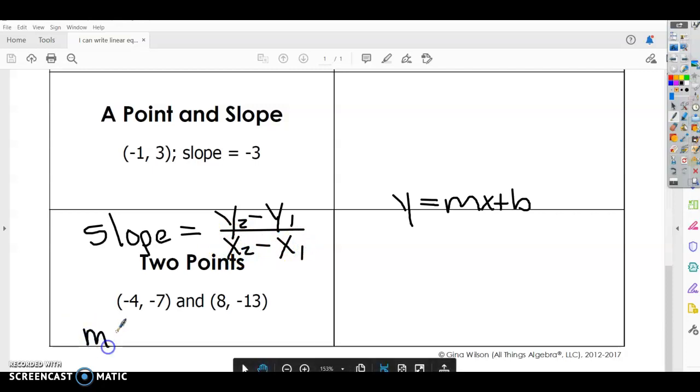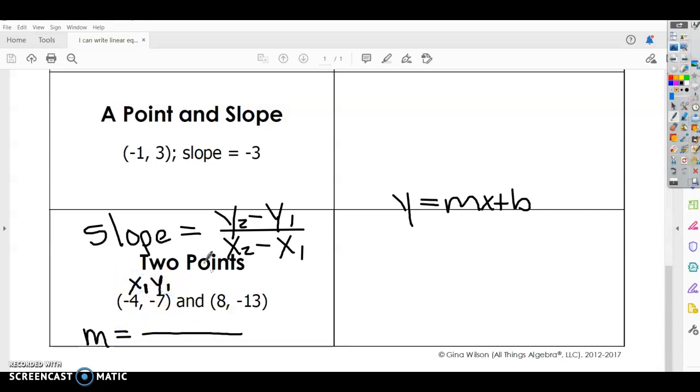All right, and m, remember, represents slope. So if we look at our points and we have x and y, that's our first point, so we're going to put a 1 there. This is our second point, so we're going to put a 2 there. And you just have the difference of your y's, so -13 minus a -7 makes that a +7. And then over your difference of x's. So we're going to have 8